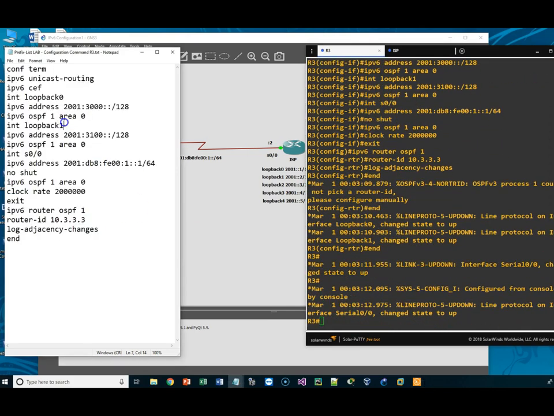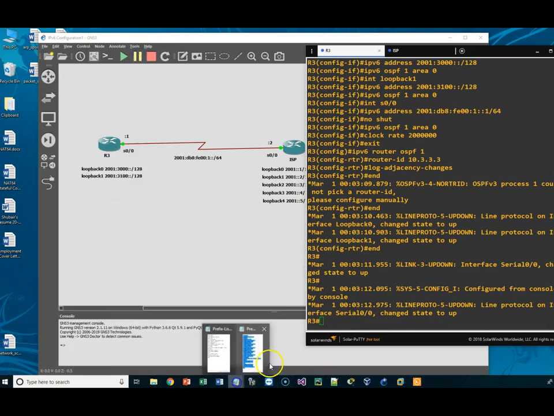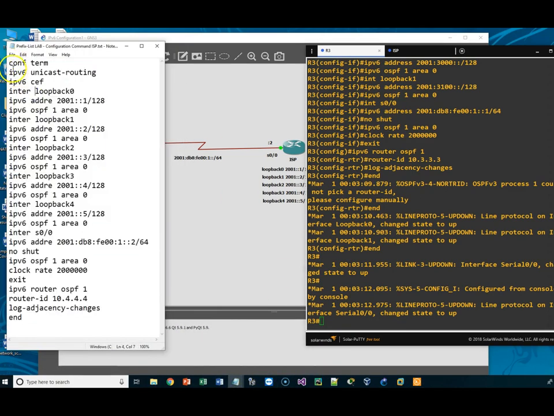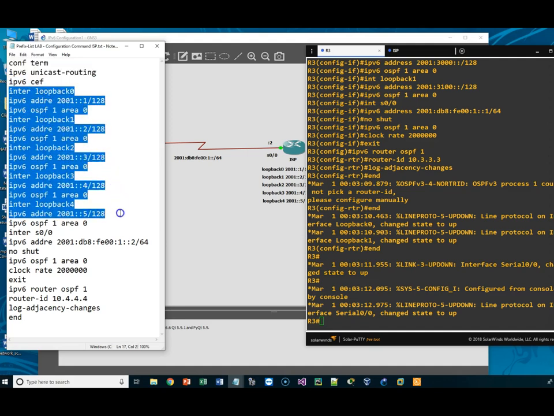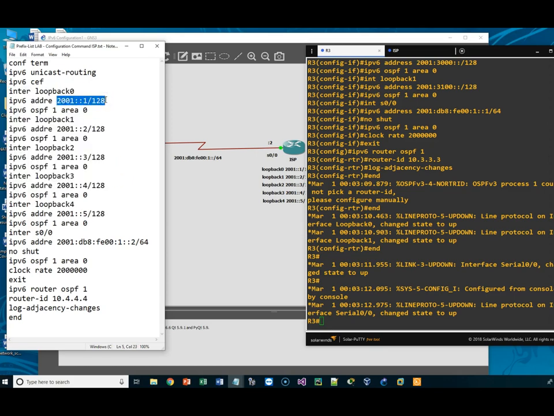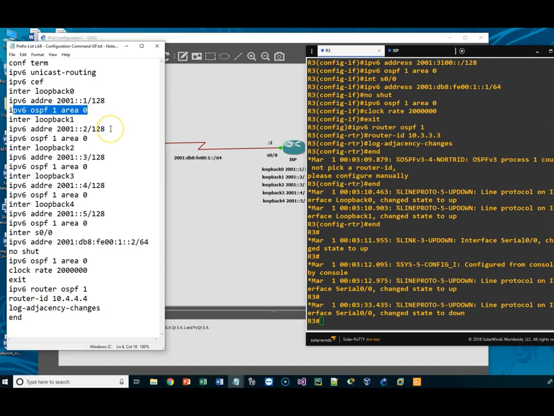Very good. Now, for the ISP router, we will do the same. Enable the IPv6 protocol. Then we will create 5 loopbacks. On each loopback, we will give an IPv6 address and enable the OSPF dynamic routing protocol. Process 0, process 1, area 0. Then we will give an IPv6 address for the serial